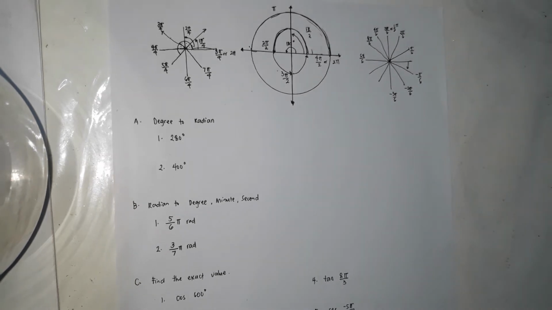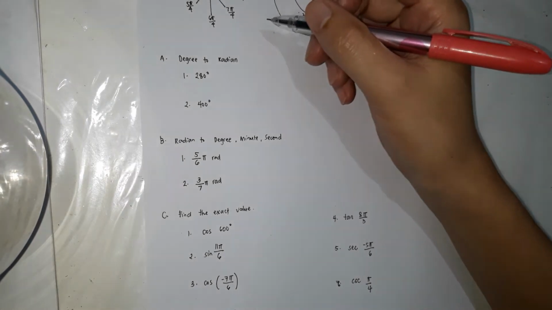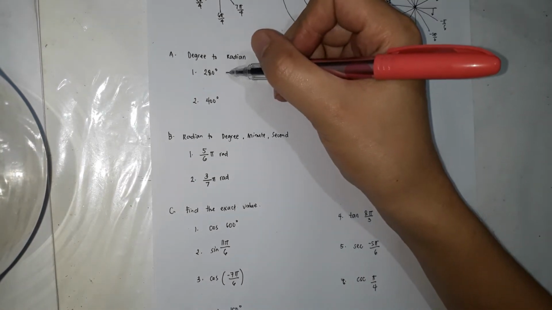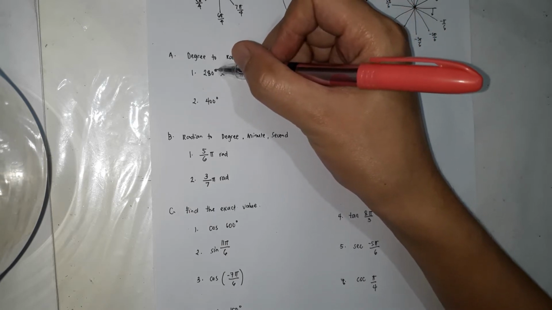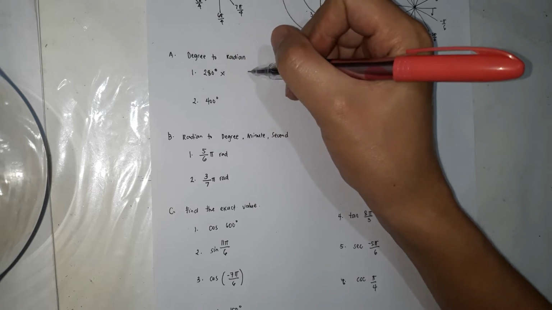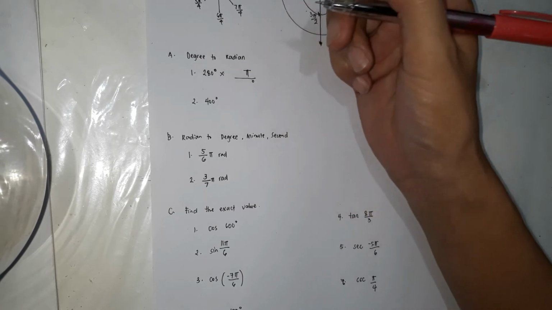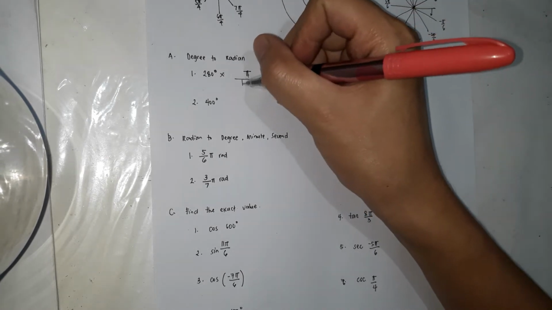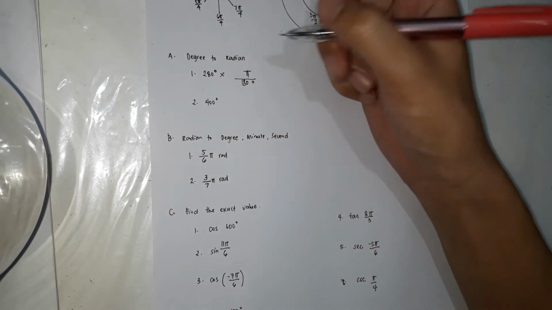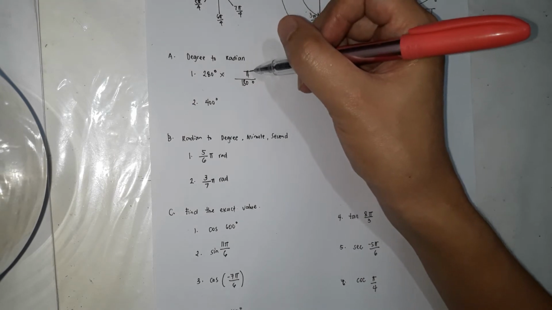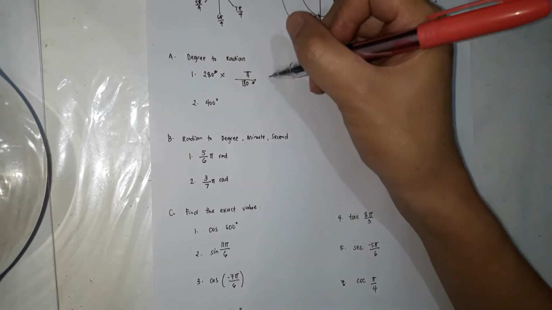So next, let's have conversion. To convert degree to radian, what you're going to do is multiply this by a fraction so that the degree cancels: the degree should be in the denominator and the pi in the numerator. So 1 pi is equivalent to 180 degrees. To convert degree to radian, just multiply by pi over 180. You're going to cancel the degree, and it will be